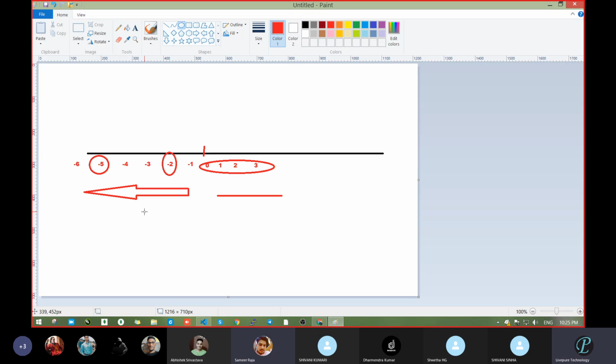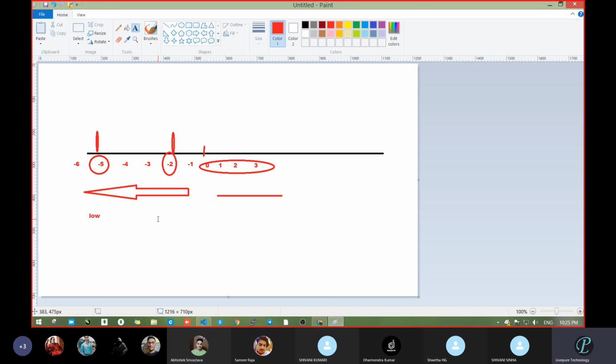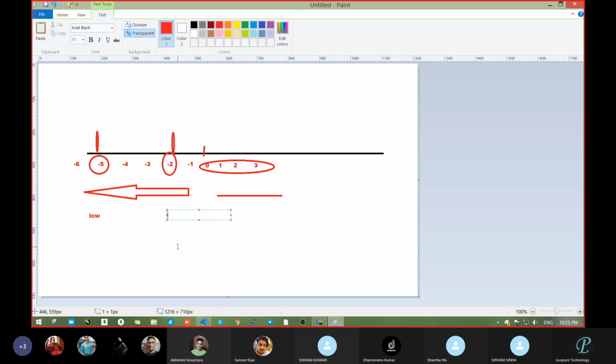When we take the values, we have to take the first value on this side, and then move to the other side. So that's why we took the first value as the lesser one, because -5 is the low, correct or not? This value is the low, and this value becomes high. Is this the opposite, correct?